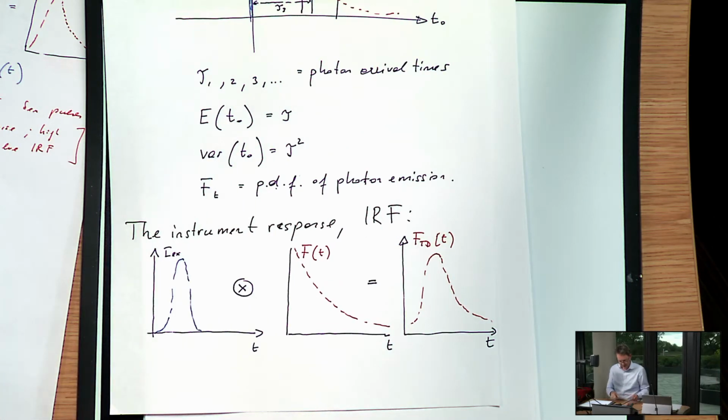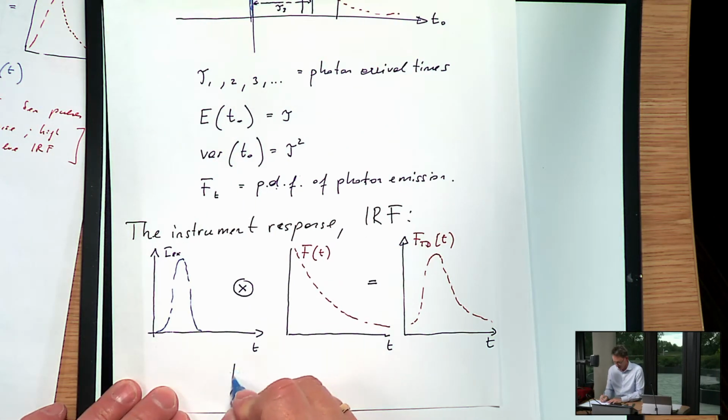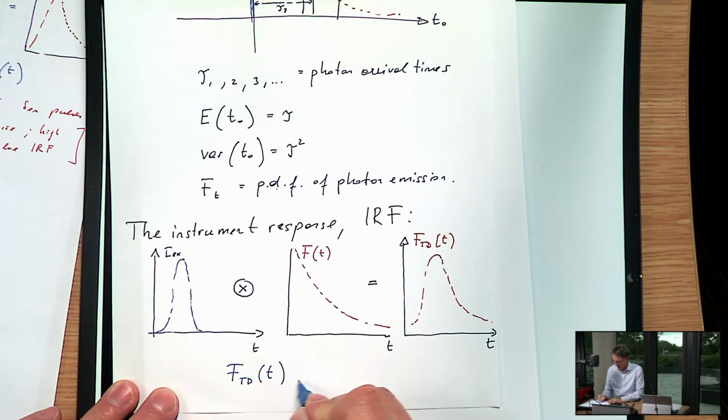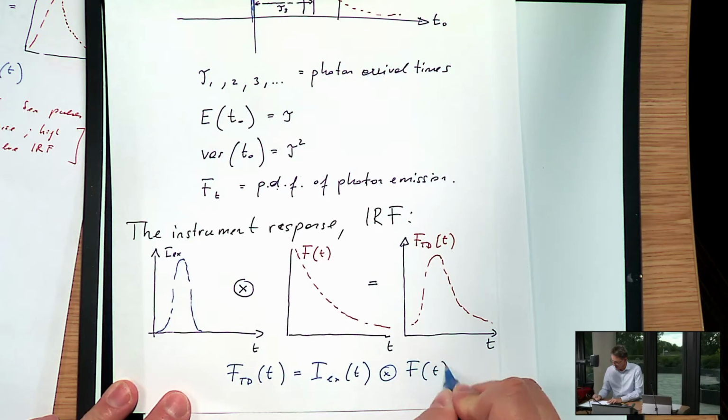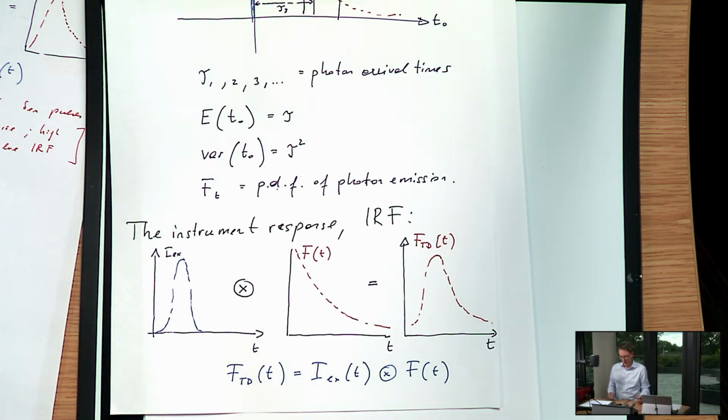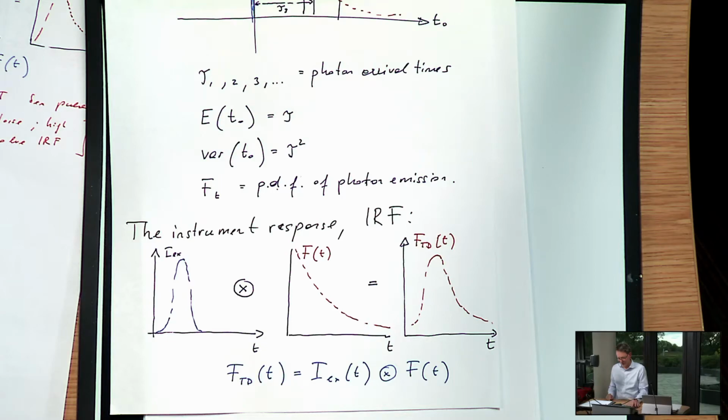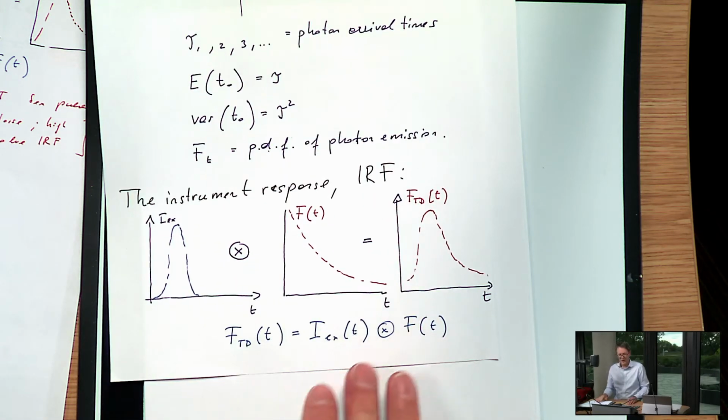So just to spell this out in an equation, the time domain response is equal to the excitation shape in time convolved with the delta function response of the molecule that I'm testing. In reality, of course,